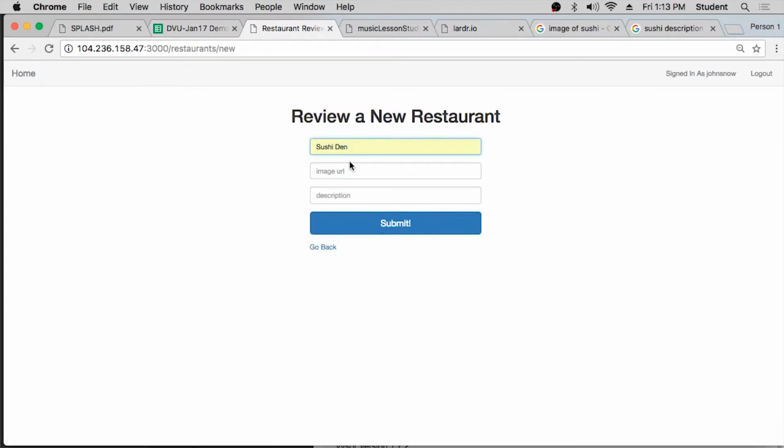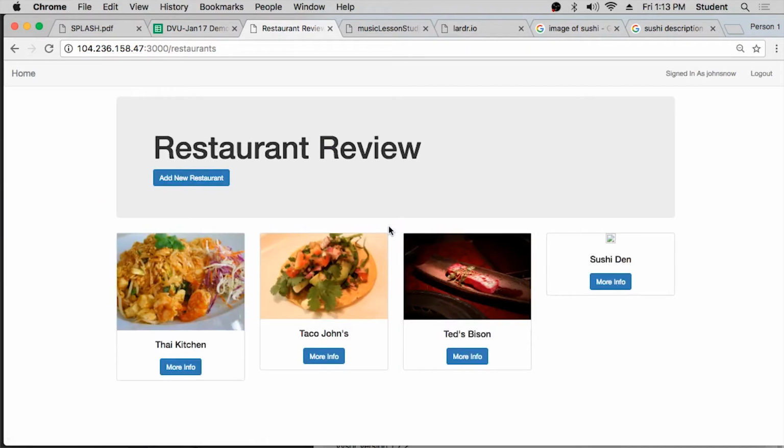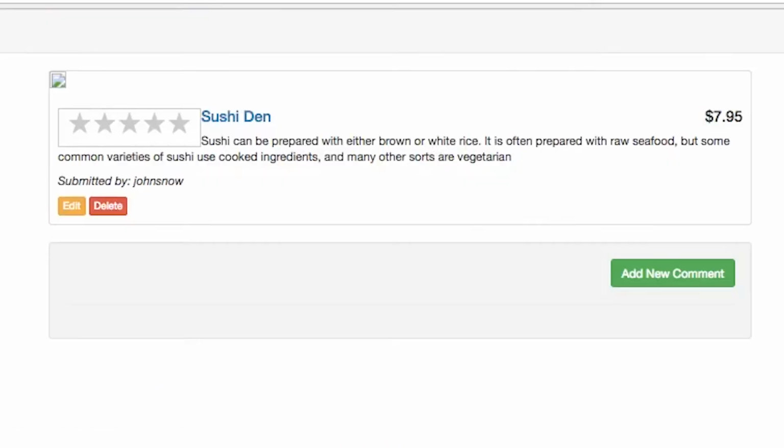Let's say Sushi Den is a restaurant that I want to write a review about. And this data is already set up, so I submit. Okay, well, I don't know what happened to the description there. But if you want to get more information about the restaurant, you click on more info. And it has a star rating here. It has an edit and delete, if you don't want to